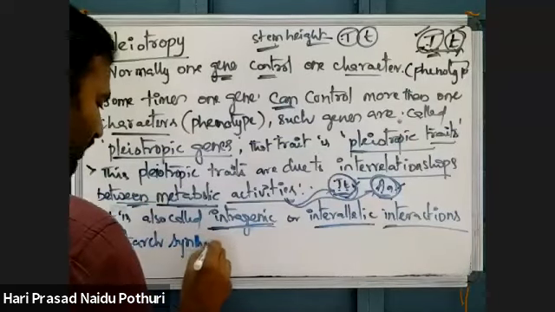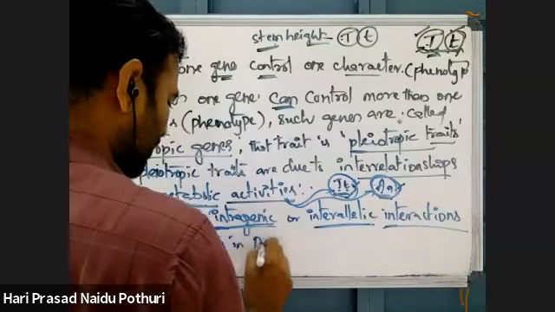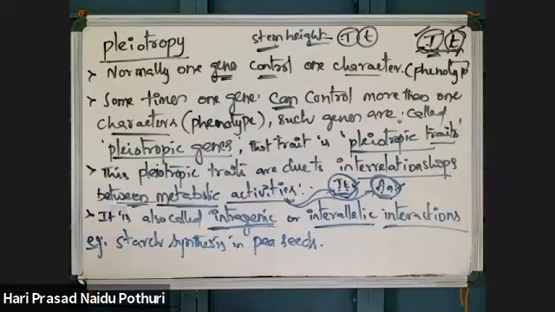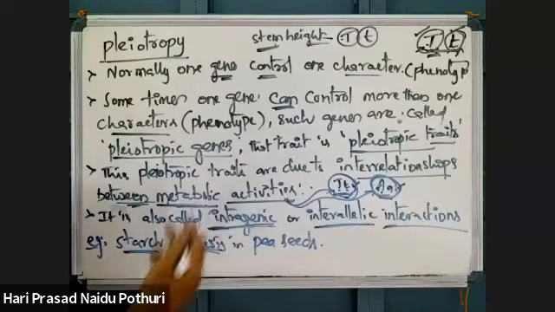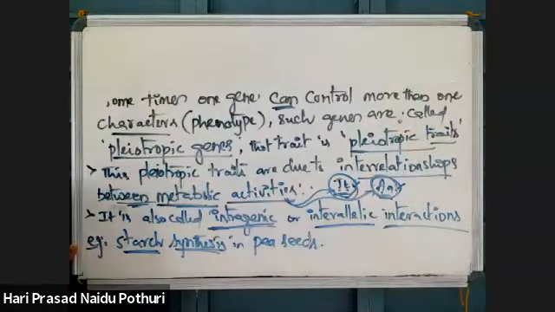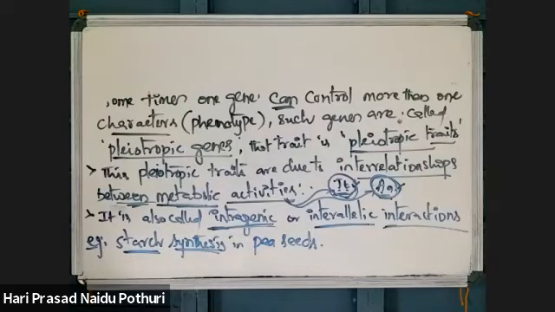starch synthesis in pea seeds. In the pea plant, seed is produced, right? The gene expression responsible for starch synthesis, the rate of photosynthesis and the rate of preparation of starch, is controlled by a gene. The gene which is responsible for starch synthesis will show more than one phenotype. Okay? You copy this, then I will explain that cross.